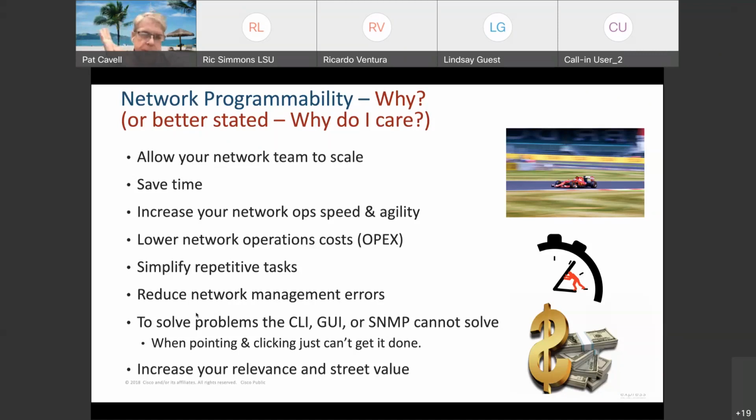Network programmability is also something that can solve problems that perhaps the CLI or the GUI or something like SNMP can't solve. And one way I like to put that is when pointing and clicking just can't get it done. Now, the last bullet, and all you IT directors and CIOs out there, you might want to close your ears on this one. So, because for you network engineers,